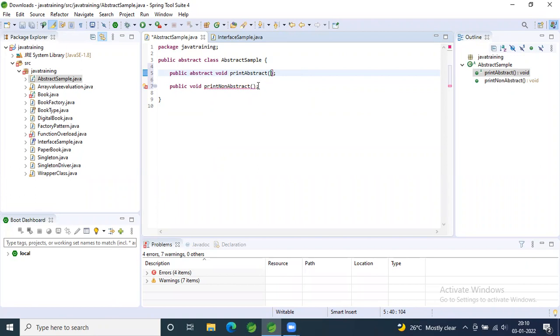And that is the reason we say this is a partially abstracted class. 100% abstraction cannot be achieved through abstract classes, because you can still have concrete methods and your own logic in them. So you need to have a body defined, otherwise you'll have a compile time error. So just have the body and then have a sys out in it.